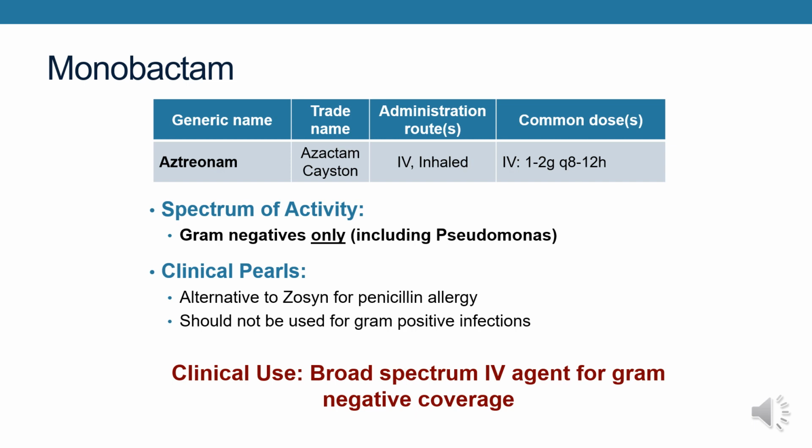It is really reserved for broad-spectrum IV therapy, and it does not cover gram-positive MRSA. So generally, vancomycin is added when used for broad-spectrum coverage. This really is kind of expensive and should be reserved for patients who require broad-spectrum gram-negative therapy and are allergic to